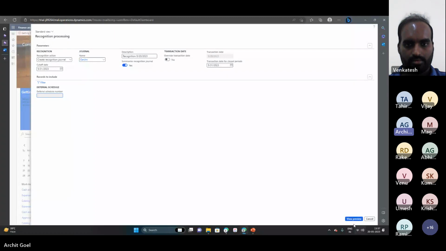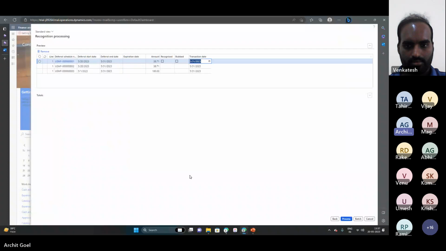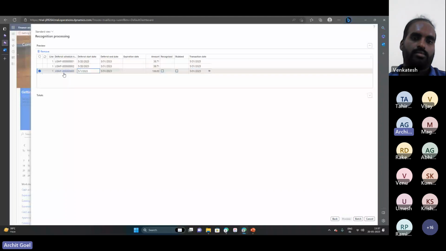Okay, now we will review the transaction. So you can see there are different schedules also created, but our schedule is the third one. Okay, so 100 US dollars is coming, and we can go ahead